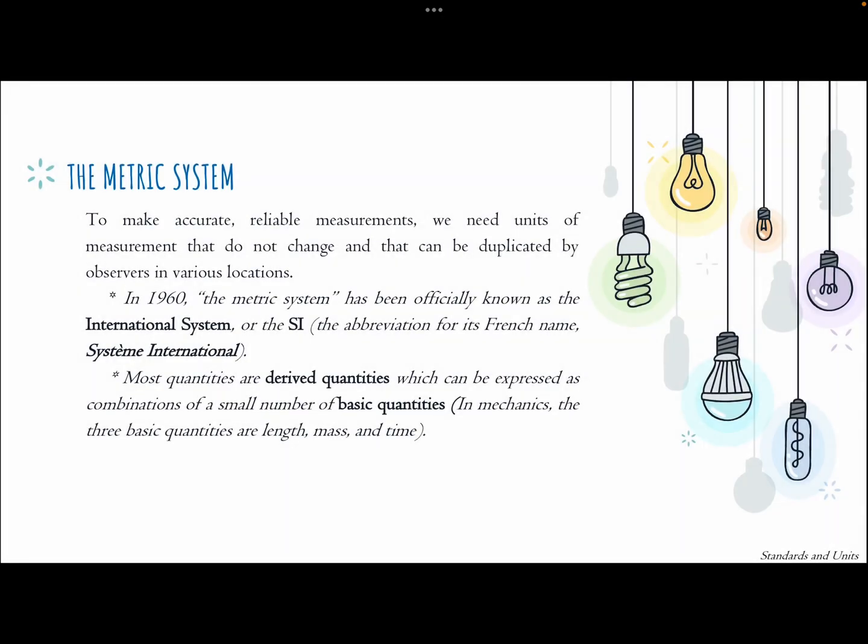So, to make accurate, reliable measurements, we need units of measurement that do not change and that can be duplicated by observers in various locations. And the system of units used by scientists and engineers around the world is commonly called the metric system. But since 1960, it has officially been known as the International System or SI, which is an abbreviation for its French name